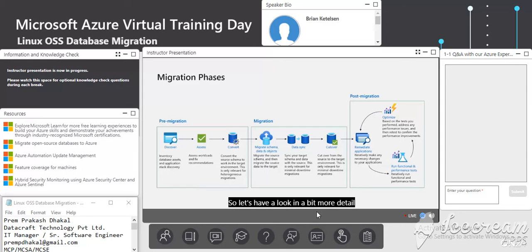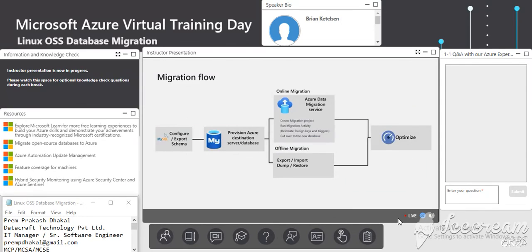So let's have a look in a bit more detail at what that migration flow will be. First of all,